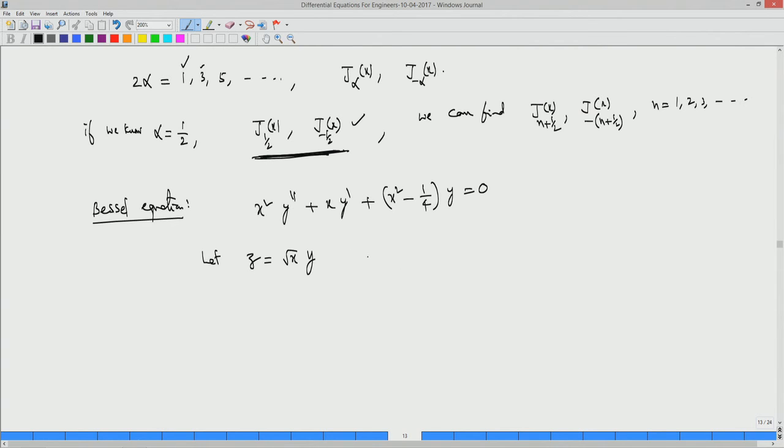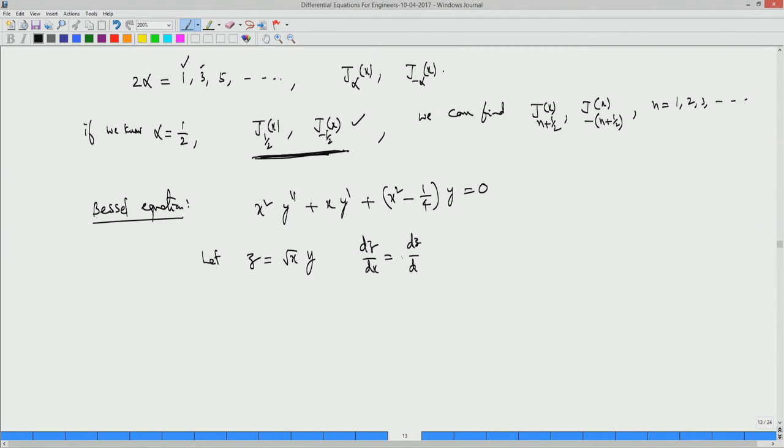If I use this transformation, then I want dz by dx. So, dz by dx, you can write